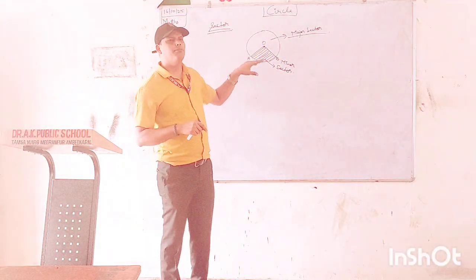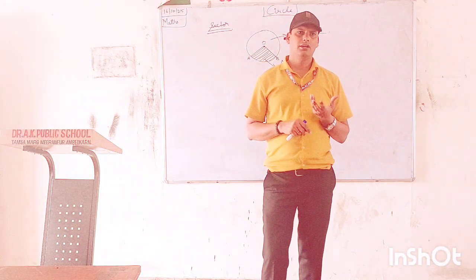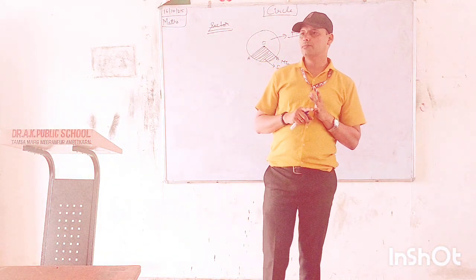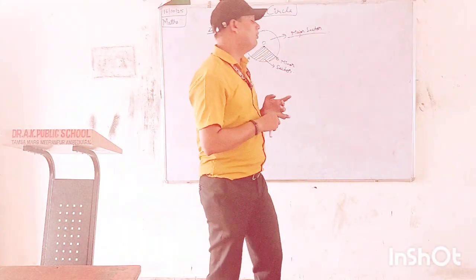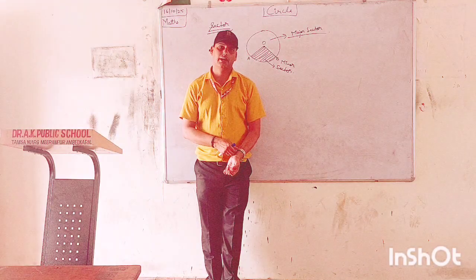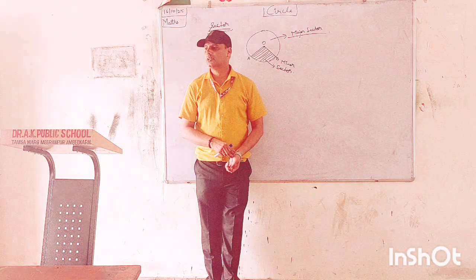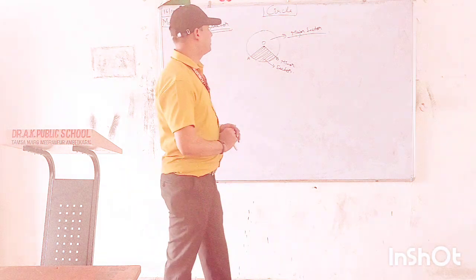So basically now you have got all the ideas of a circle, all the basic terms that will be used in this chapter. Clear? So now we will see some important theorems regarding this chapter. So your first theorem will be,